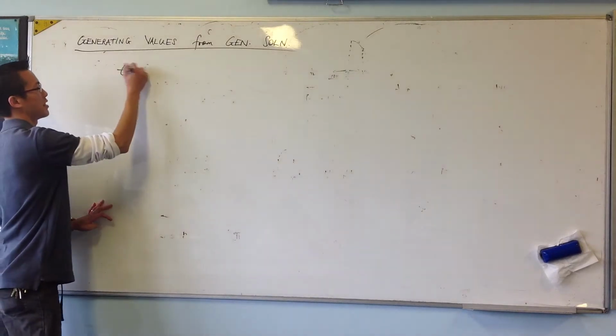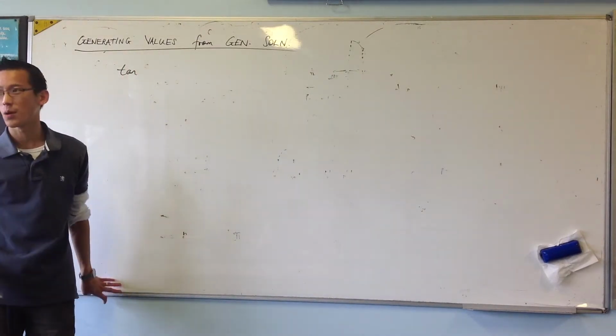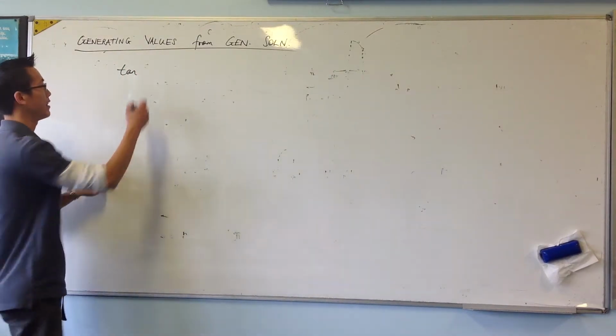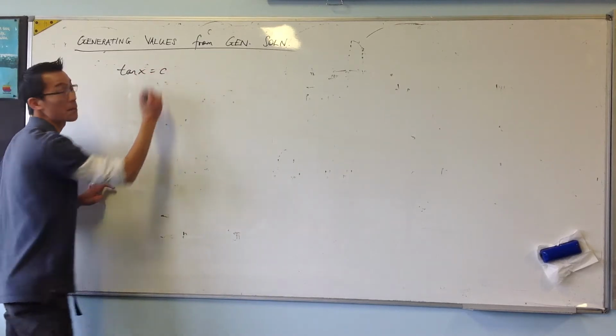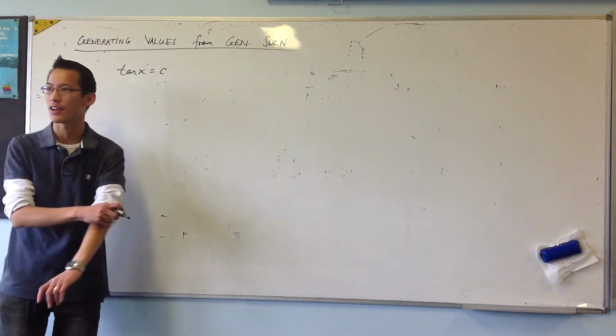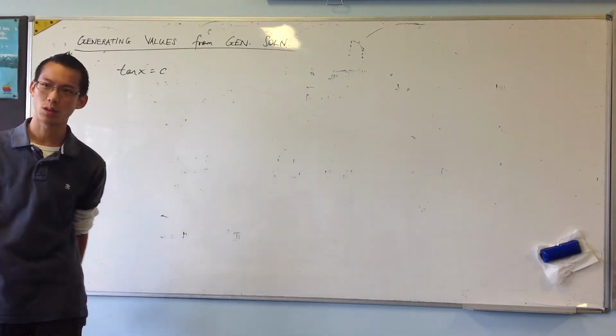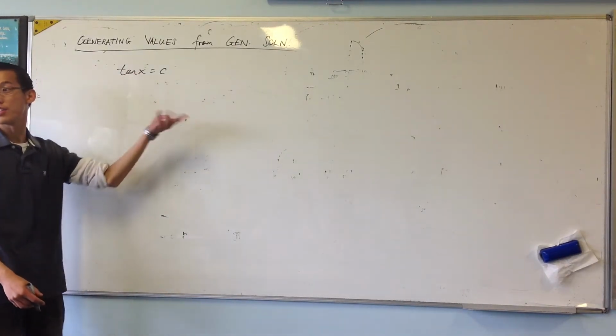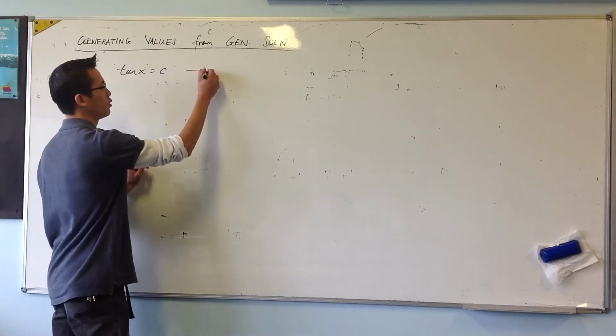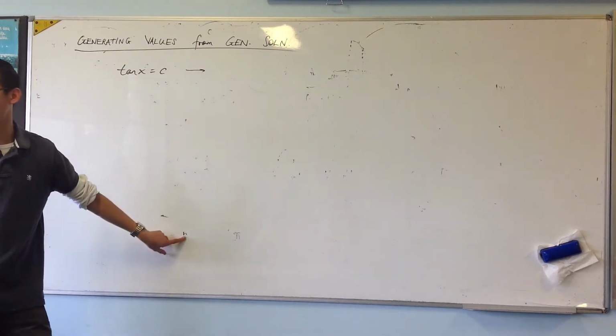The first one that we did it for was tan. Okay? So I'm actually going to extend it a little bit. Let's say tan x is equal to some constant, c. So for instance, we looked at the example tan x equals 1. We looked at tan x equals 2. If this is the equation that you end up with, the actual solutions, the general solution is in the